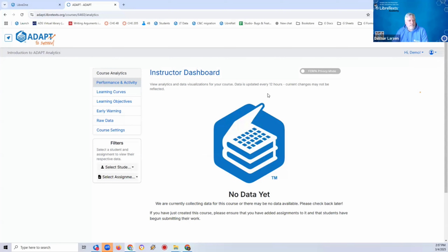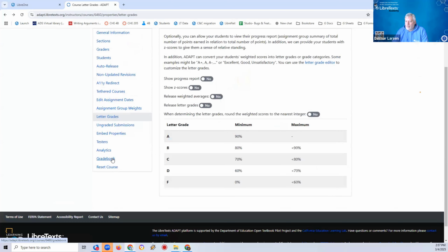That gives you lots of information that you would expect from learning analytics: performance, time on task, students that require intervention, and a few other things. It's actually pretty cool stuff. The grade book I already went over before, and I'll end with the reset course.